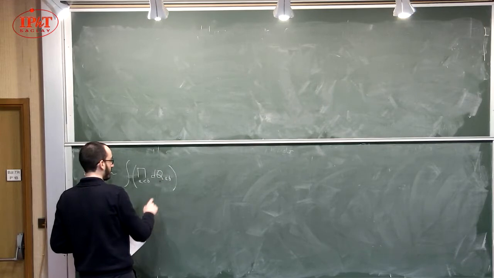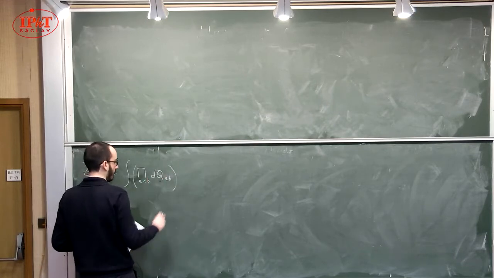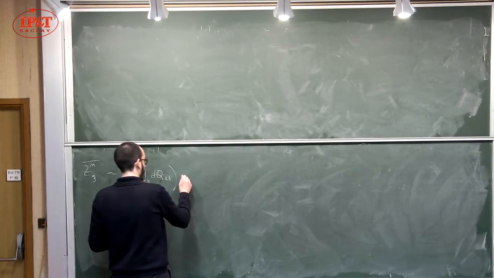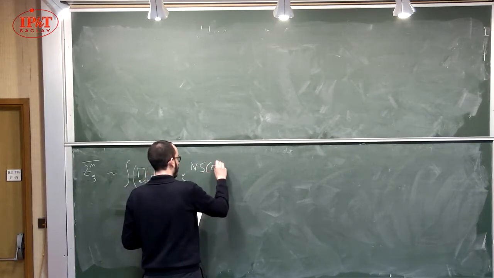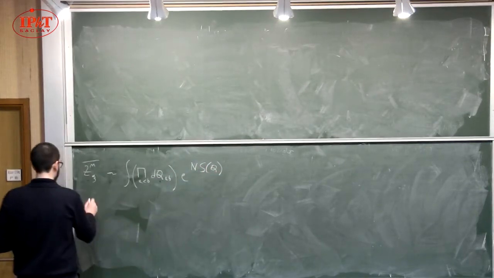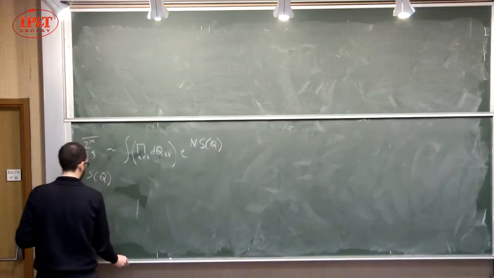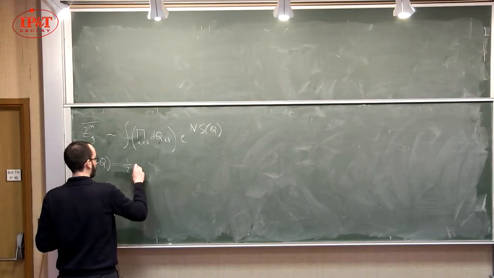This is symmetric, so that you integrate only over one diagonal part, and then here you have a term that is like that with S of q. This is just given by